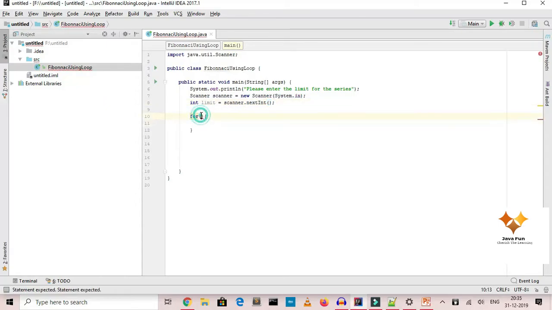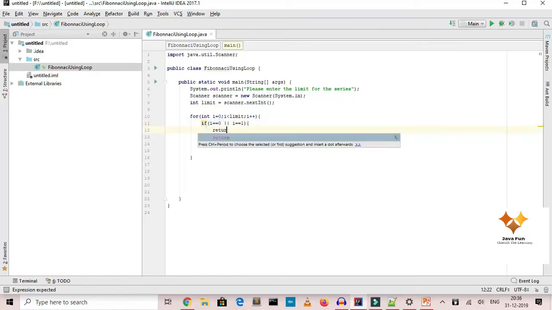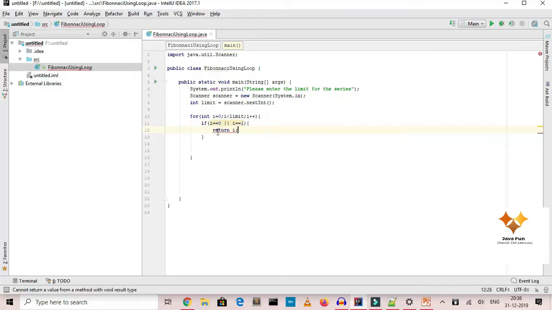So I say int i starts from 0 till limit i plus plus, and we are basically not doing anything but just following the steps that we decided into our algorithm. So I say if i is equal to 0 or i equals 1, basically return i,